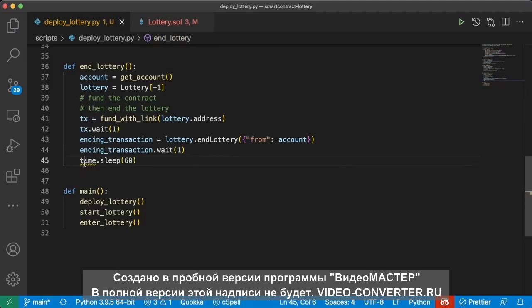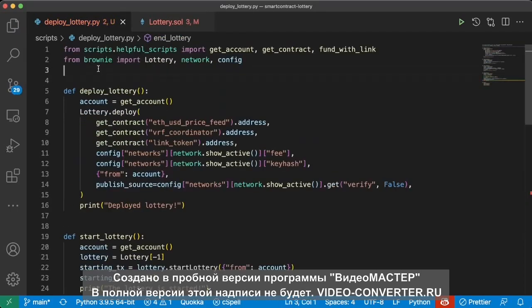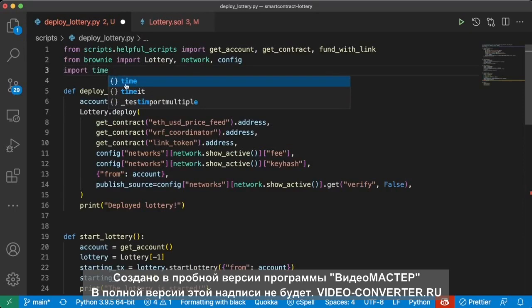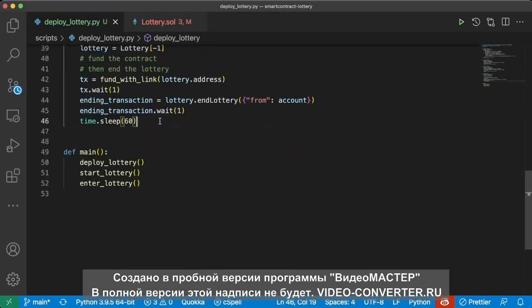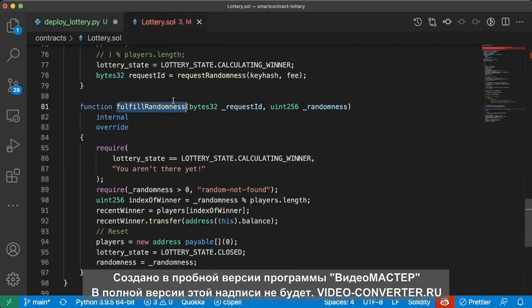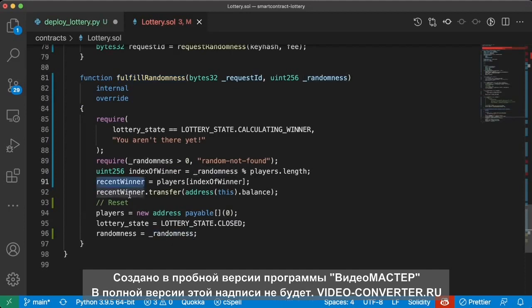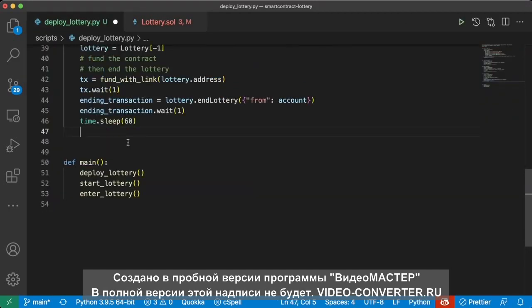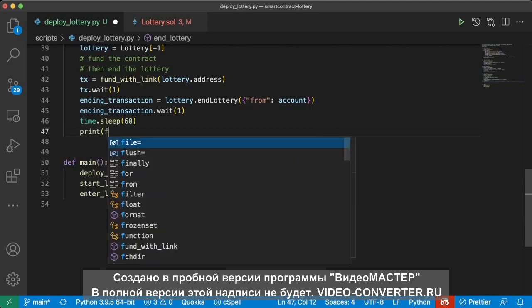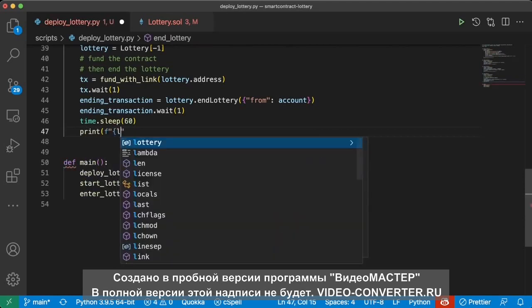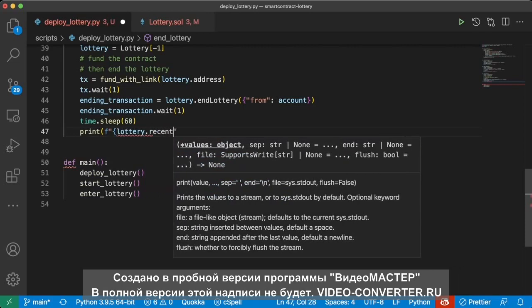And typically in that time, the Chainlink node will have responded. So we'll just do import time at the top, time.sleep, and then we can see who that recent winner is, if that Chainlink node responded with a recent winner. So we can say print f lottery.recent winner